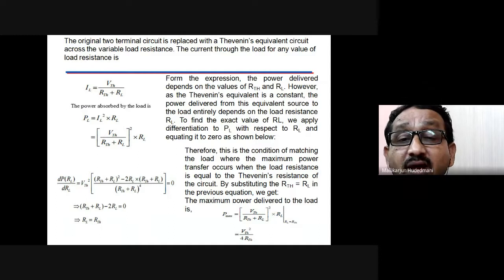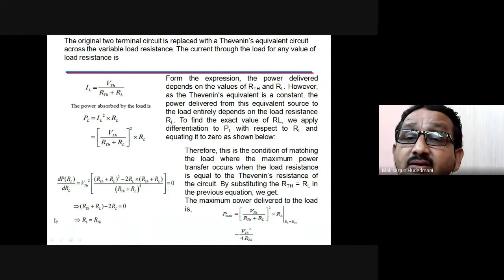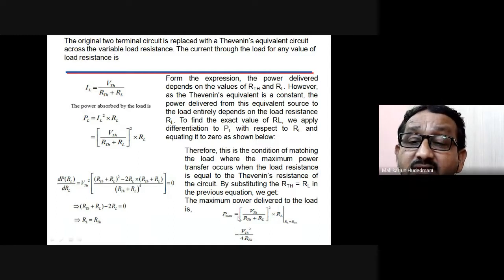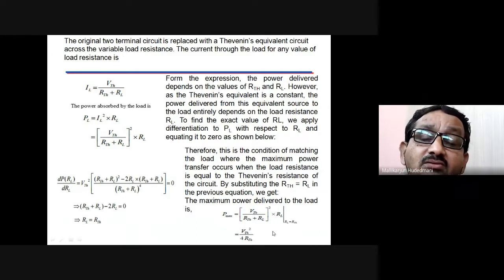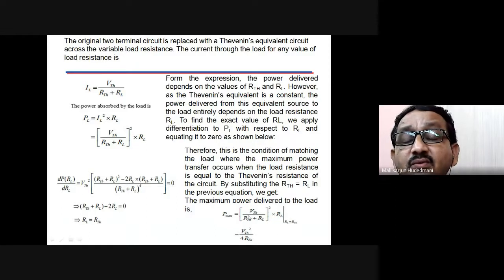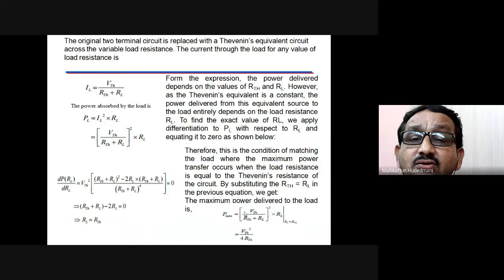Then what is the value of maximum power transfer? That maximum power transfer Pmax is IL square RL. If I rewrite, that works out as V Thevenin voltage square divided by 4 RTH. Like this. This is a very simple theorem, where the concept of transfer of power is considered. The similar description is given in the text, which says how to calculate IL and how to calculate PL.